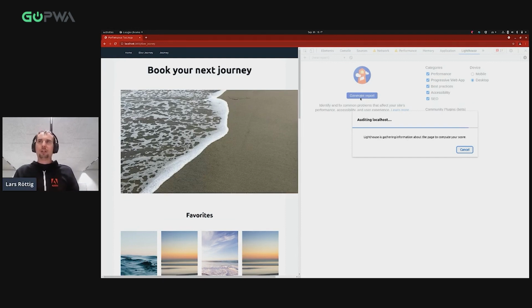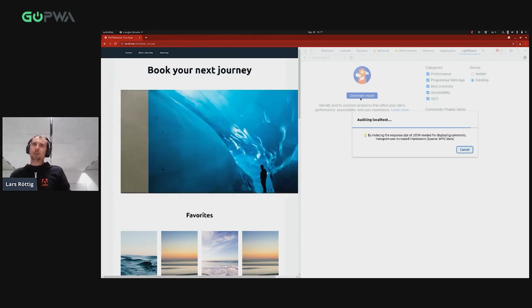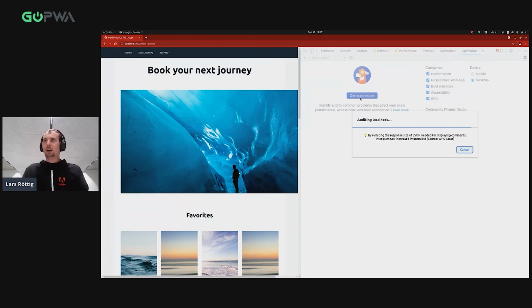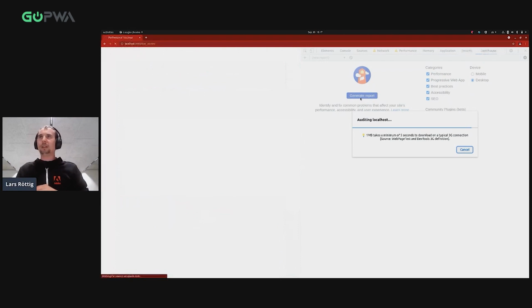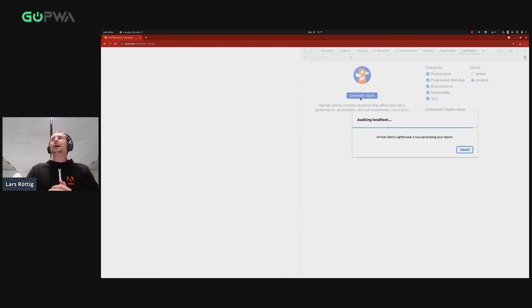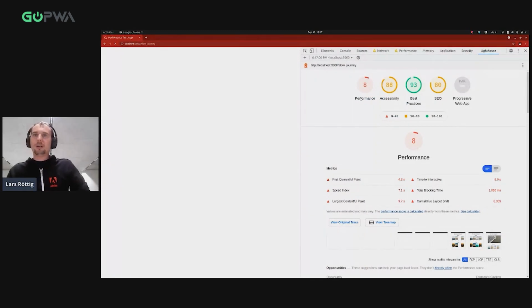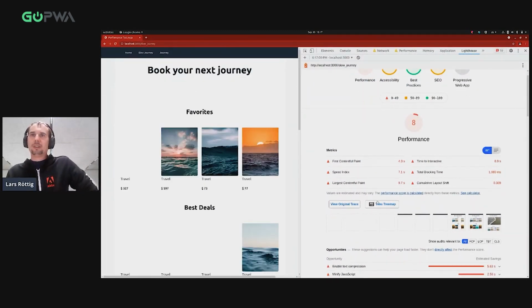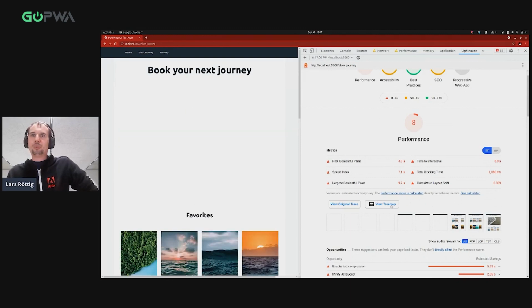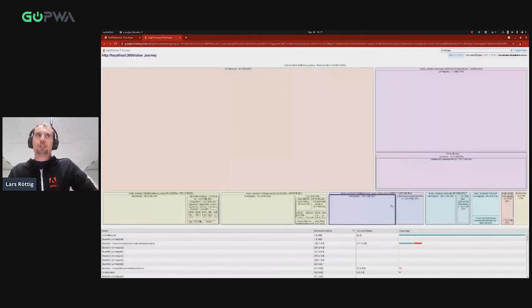What did I do wrong on the page? Because Lighthouse is a really great tool and already comes with many suggestions on how you can optimize your application. What I really like about the latest release is the View Treemap feature.